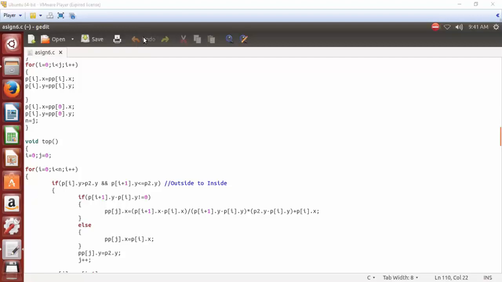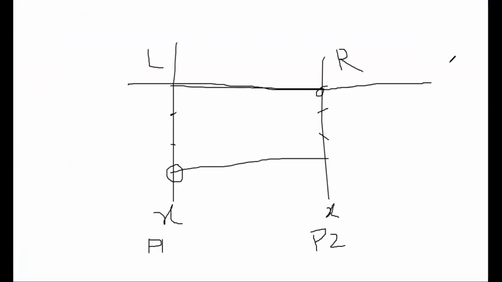So in top clipper, this is our top clipper. So here if we got these two lines, we know the y values that are coming from this point p2. For both this point and this point, we know the y value, which is similar to p2's y value.